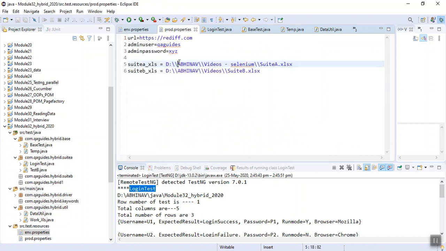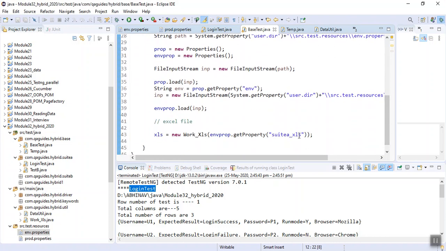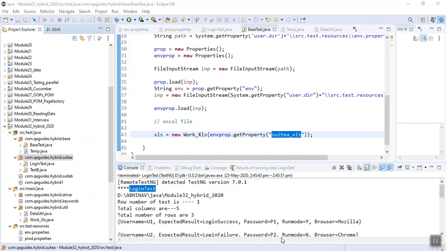Which file do I have to initialize? How will I come to know whether it is suite A or suite B? So we will go to our base class. How will the base class recognize that I have to use the object of suite A? I am using a trick. See here the package name. The package name tells us the suite, sorry, the file name. I am using suite A here, and it will tell us which file I have to use. I am using suite B here, and it will also tell us which file to use.